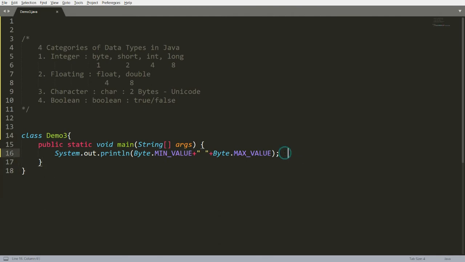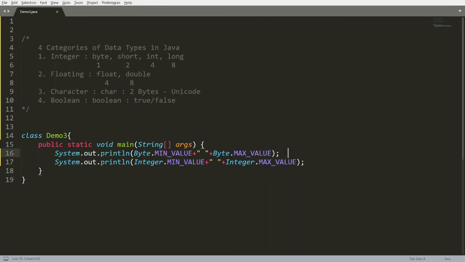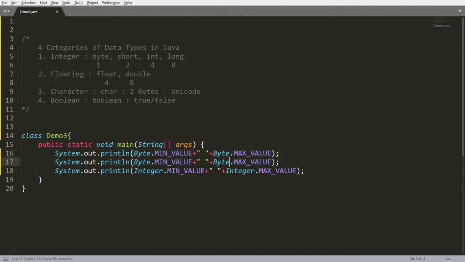Suppose you want to know the range of integer, then you just need to write Integer, which is a class. If it is I capital, Integer is the class. Then you will get the value of integer. But students, there is one data type in between byte and integer, that is short.